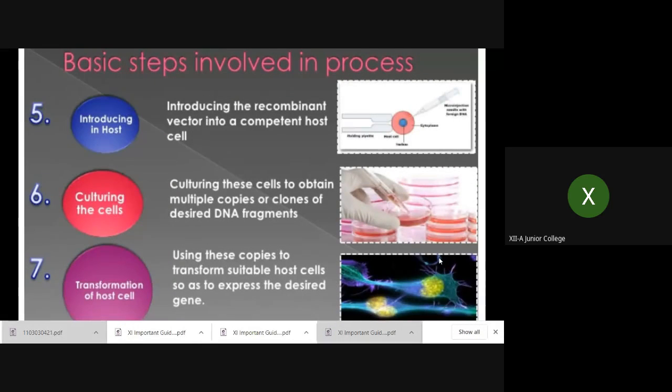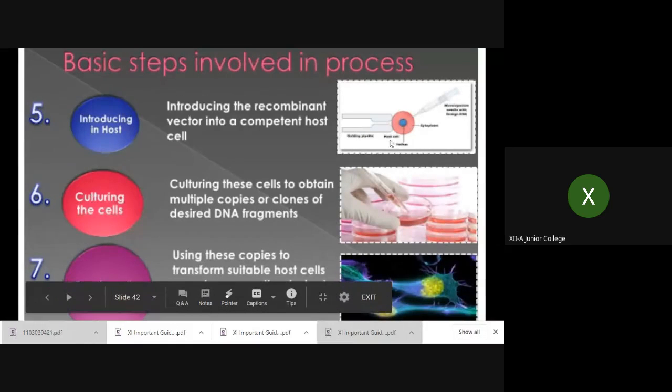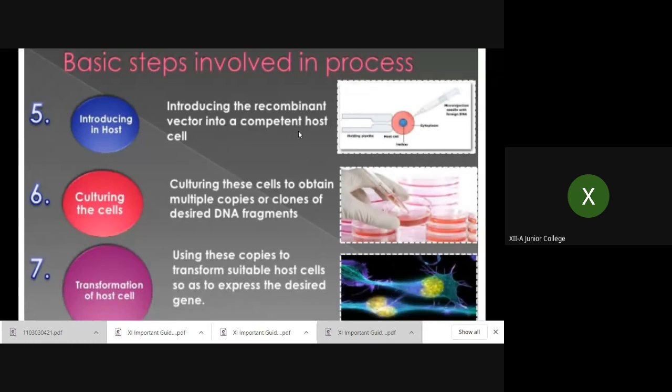Now, as I told you, host cells are generally bacterial cells which grow fast, they are considered, E. coli, one more example I just mentioned to you. Such types of bacteria which can grow fast are considered as host cells, and so this rDNA recombinant vector is introduced into the competent host cell like this. This is the host cell, and now we can introduce the plasmid in the host cell. Now the next step is what? This cell has its own DNA, its own genetic material, and along with that the recombinant vector is also inserted.